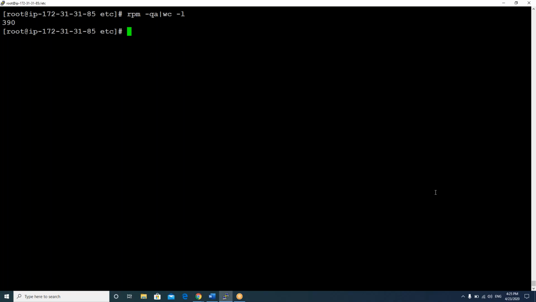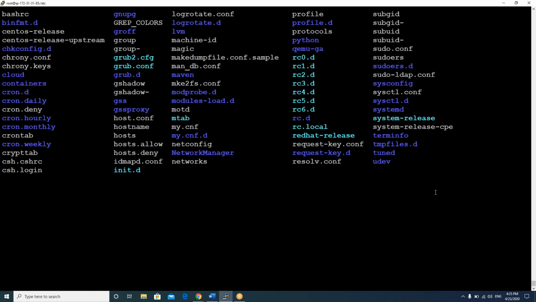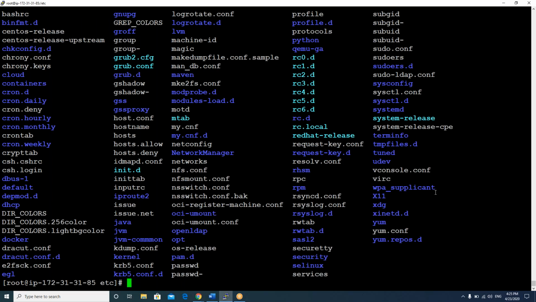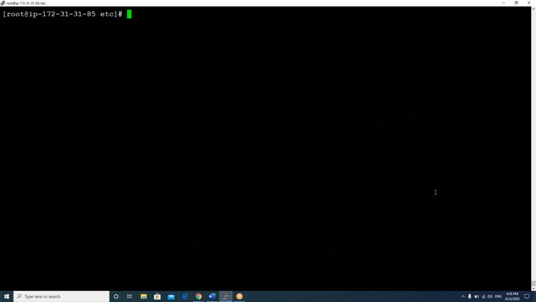In the same way, can you do the ls command? It will list all the files and folders available in the current folder, right? Now clear the screen. I want to count how many files I have in the /etc folder.